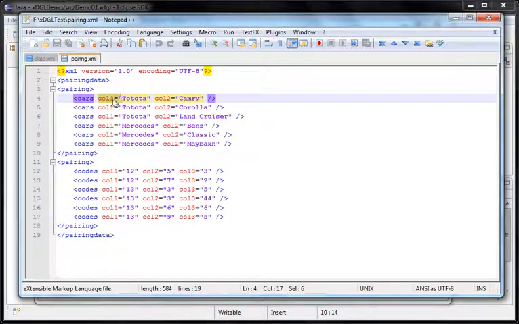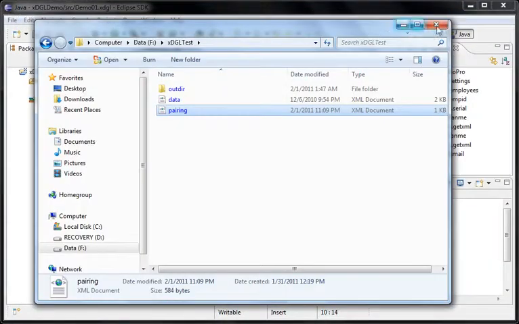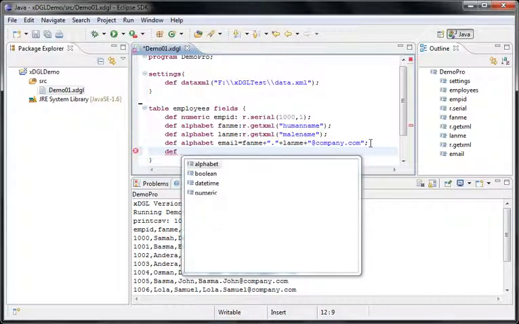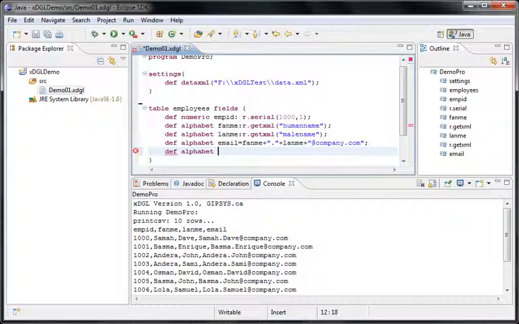So let us just use this example. For instance, cars. Let me show you how we can use this. We're going to create another 2 columns in our example here. We're going to define the pairing will be like this: alphabet, car brand, and then we will pair it to car model,